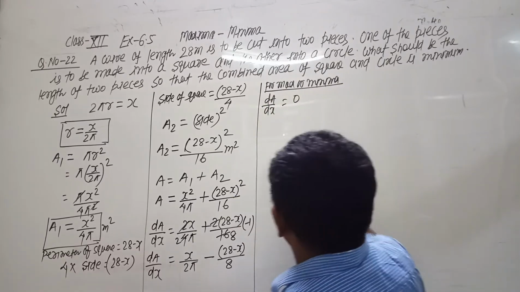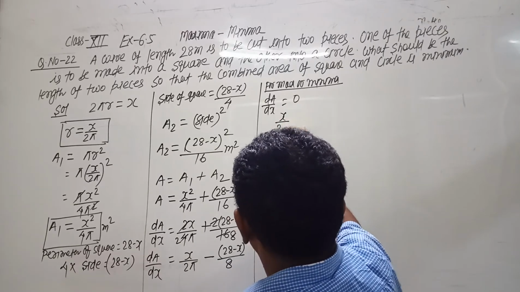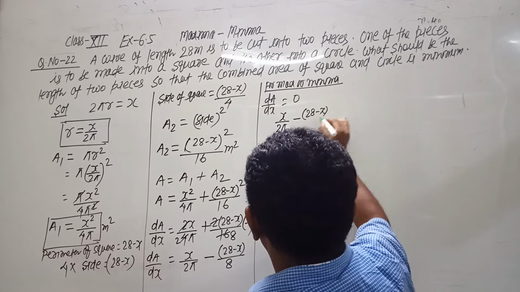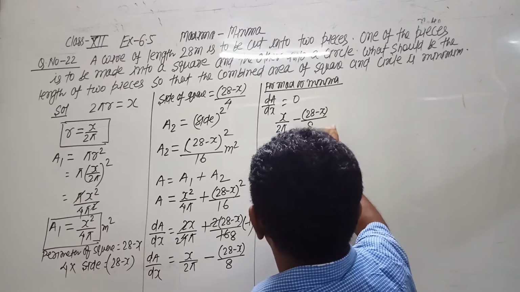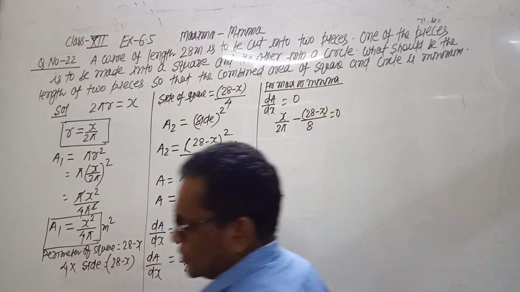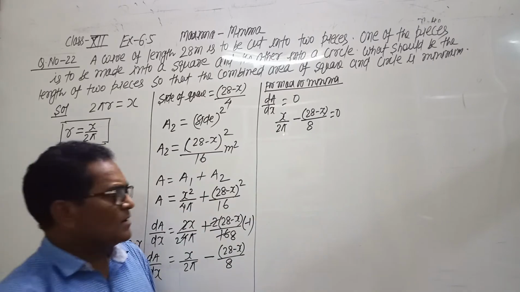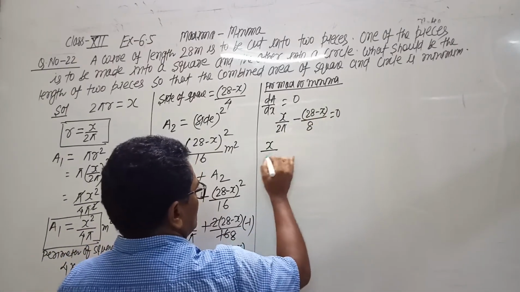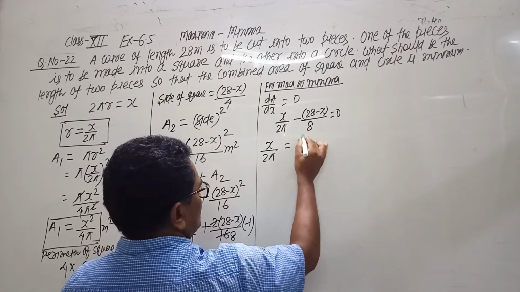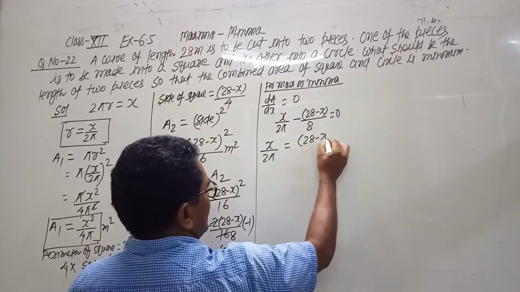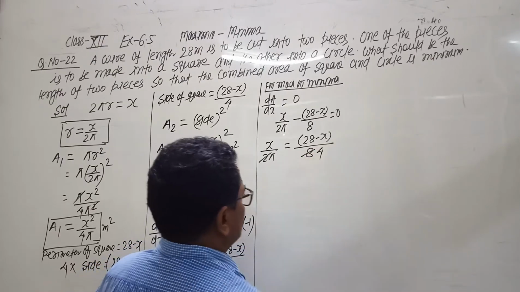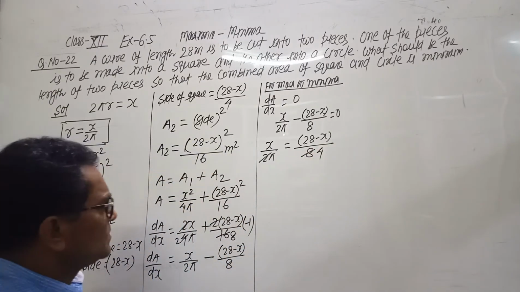It means x by 2 pi minus 28 minus x upon 8 equals 0. The second term goes on the right side. So x by 2 pi equals 28 minus x by 8, and by cross multiplication